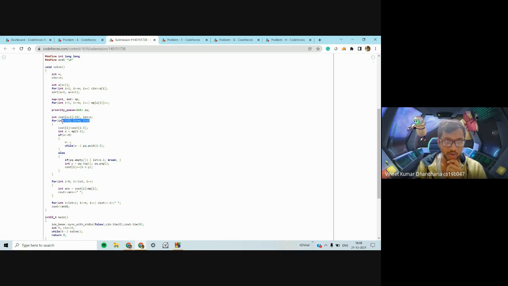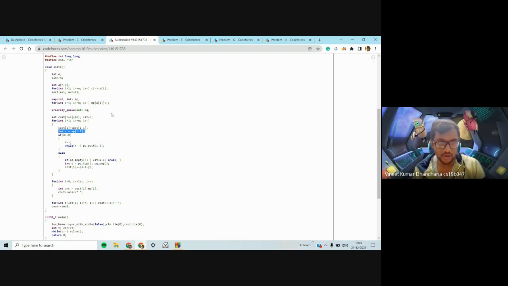Then you iterate over all the numbers from 1 to n. You define the cost as 0 initially, and now cost of I is cost of I minus 1, because you must ensure that everything from 1 to I minus 1 is there. And now you define x to be the frequency of the current element, which is basically I minus 1.